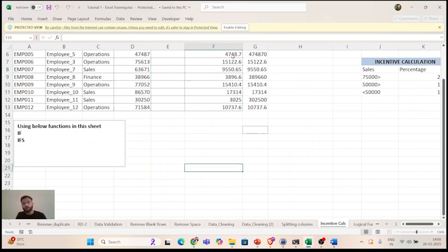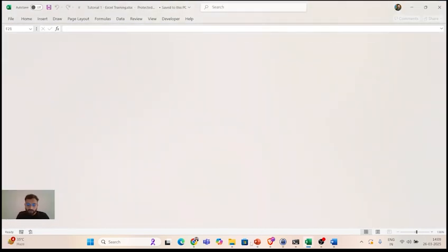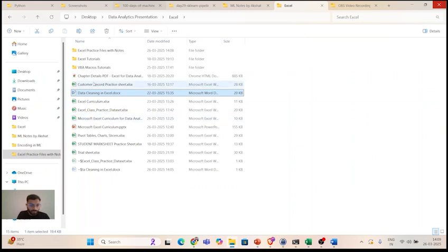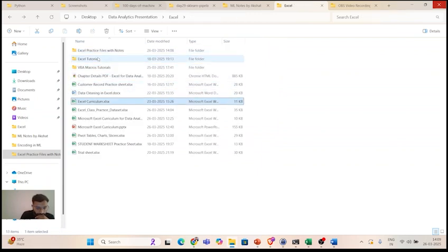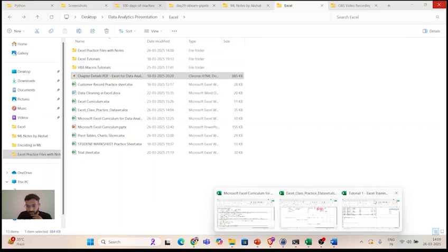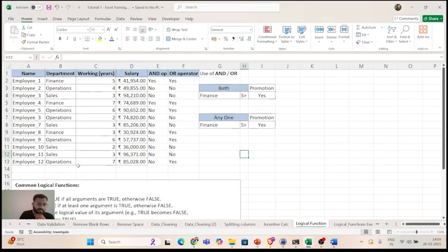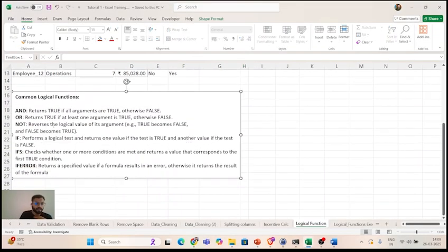Yeah. So under logical functions, guys, right? Let me take you through some notes as well. Where is that? Logical functions. Excel, lookup, statistical, not here. Anyways, guys, I'm not able to find it right now, but anyways, okay. So in the logical functions, we have common logical functions like this, right? AND function, OR, NOT, IFERROR, multiple things, right? There are many more logical functions, but yeah, these are pretty much very useful.